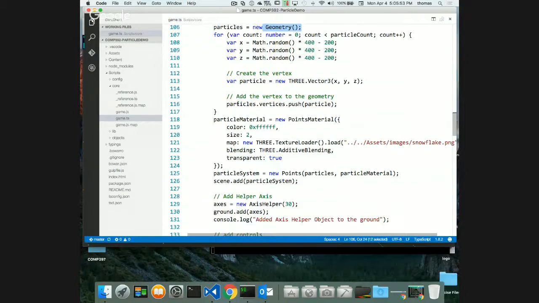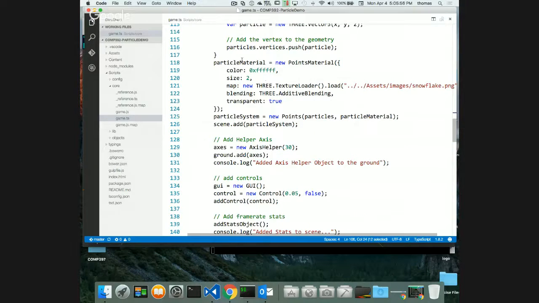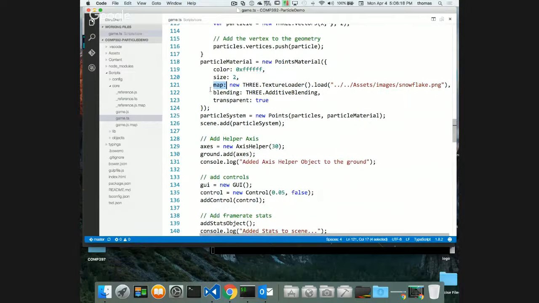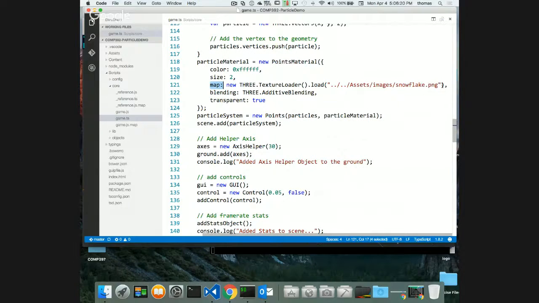So here's my particle material. This is a little different. My particle material is of type points material, and points material has a few properties. One of them is color. My particles are all white right now. You can set the size of your particles here. Right now my size is 2, which means twice the size of my regular image. I point my map, which is my texture map. I am doing a little bit of texture mapping here to my snowflake image. This is where my snowflake image is,